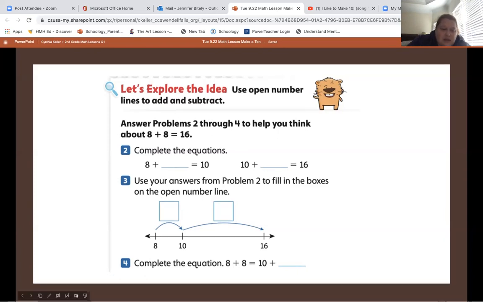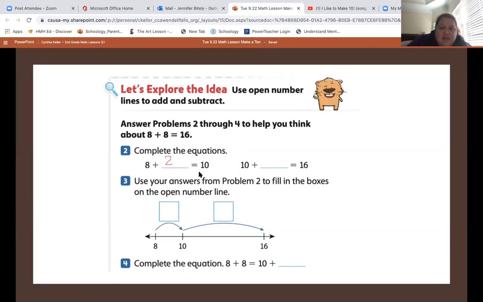Okay? And will this let me write on it? I think it will. So 8 plus 2 is going to give me 10. Okay, so now I have my 10, and I want to make 16. Well, I know when I look at this right here, that's what that 10 is. So what number do I need to put here? I need a 6. So if I put down 10, put that in my head, I can just count up 6. 10, 11, 12, 13, 14, 15, 16. So I only needed to add 6.